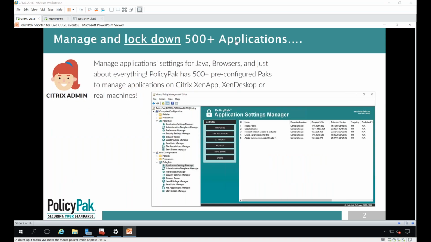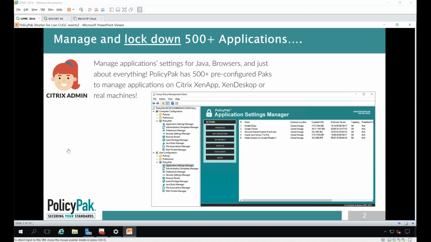With that in mind, this is one of the things that we got famous for, managing and locking down all the applications you might have that are built in, that you're either deploying using Citrix or putting into your image or putting into your desktops or laptops. At the end of the day, users will work around any configuration you have in order to circumvent your good ideas. That's not good. What you want to do is tie it down, lock it down, and make sure that you're in charge and not your users.